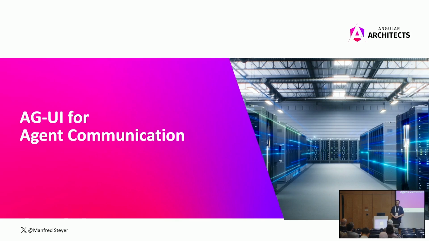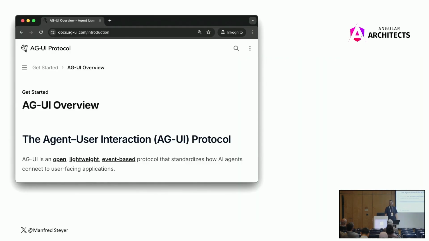And the good news is there is already a protocol like this. It's AGUI. AGUI is the Agent User Interaction Protocol. And there is even an SDK for AGUI, an SDK that allows you to quickly get started with it. Because usually we don't like to implement the protocol bit by bit. No, we want to have some first implementation.